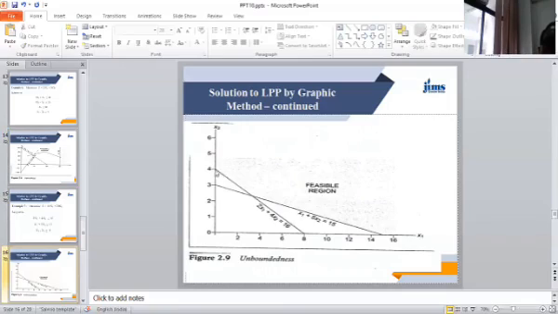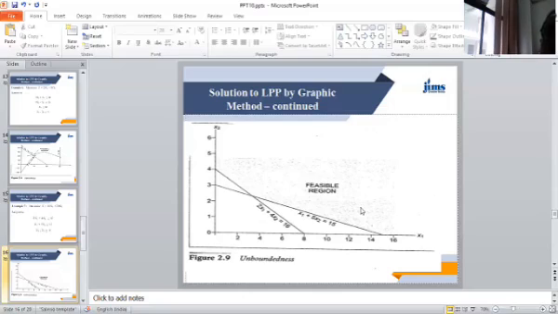Now, had this been a minimization problem, you could have found 1 point here, 1 point here, 1 point here. But now this is a question of maximization. So the feasible region is widely spread anywhere beyond this. So you can continue to increase the value of x1 and x2 as per your wish, and your objective function will go on increasing. So there is no fixed value, and this is a case of unboundedness. Means the solution is unbounded.